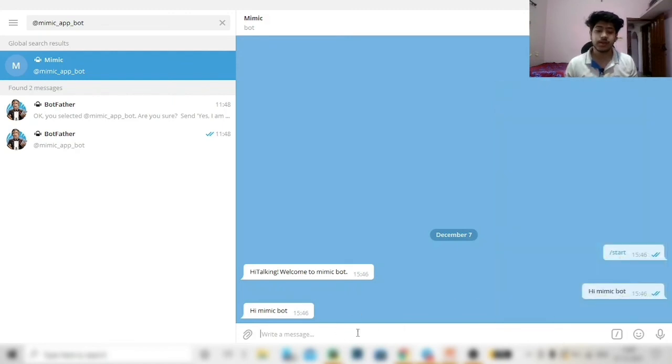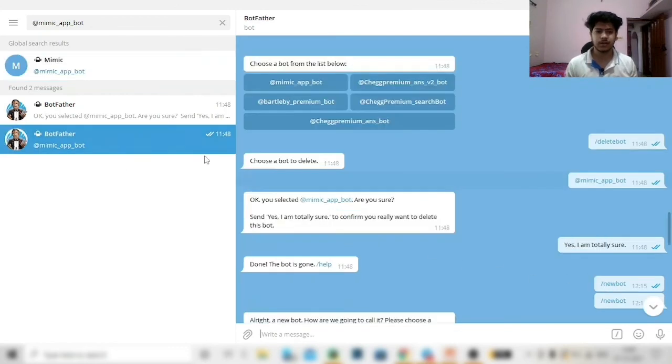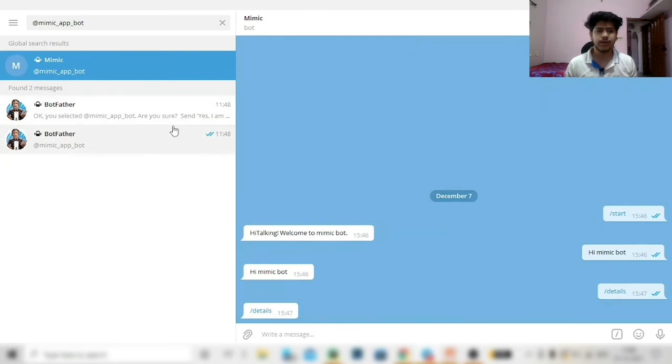Now there is one more thing: we have /details, right? But it will not work. Let's check this. It will simply revert the same /details text back to you, because while creating our application, we never mentioned this particular command. /start is the default command. Your Telegram bot detects /start as a command, but it will not detect /details as a command. So you need to set that particular command. How can you do this? Go to BotFather.